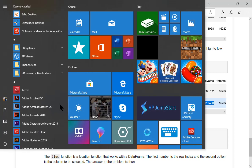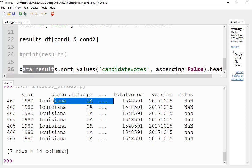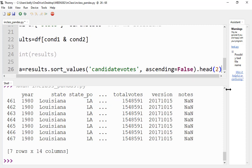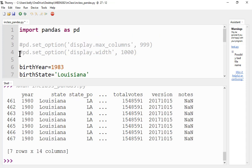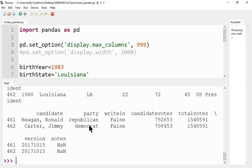So for us, if we print this, let's see what we get. So let's print data. Oh, I think I did. Yeah, I think I didn't copy it. There we go. All right, now let's see what we get. And ours actually is not going to show up unless we make it show all the columns. All right, so I get Ronald Reagan and Jimmy Carter, and Ronald Reagan edged out Jimmy Carter